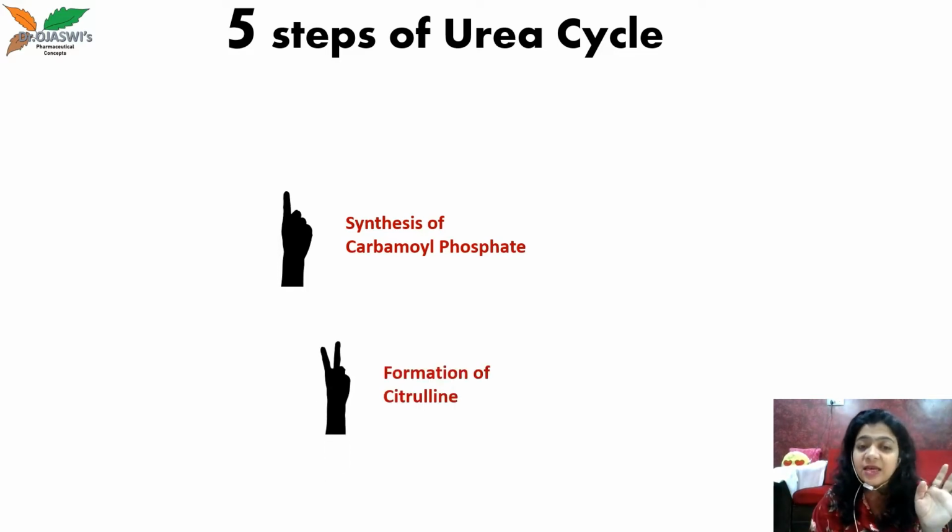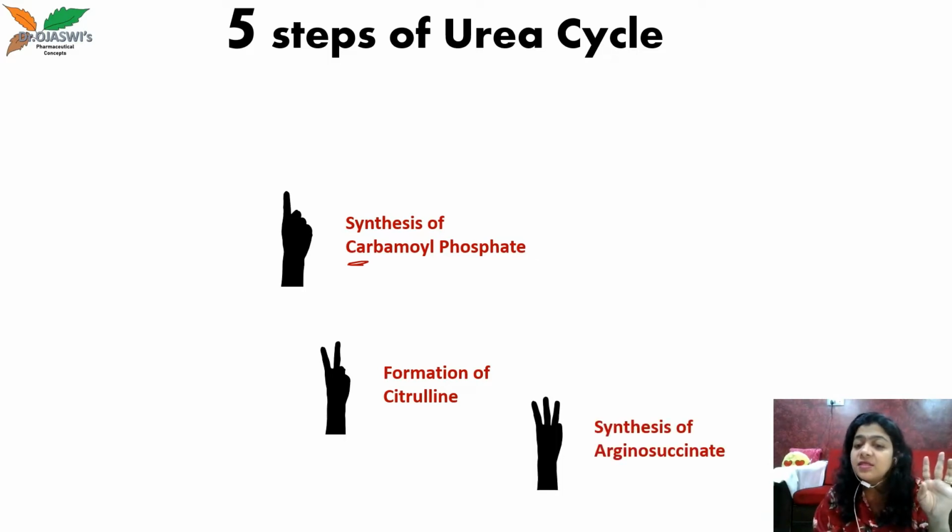Okay, the second step is formation of citrulline. So to form this citrulline, the carbamoyl phosphate which is formed here must be reacting with some other chemical. As we all know, the first 2 steps are happening in mitochondria because the 2 enzymes taking part in these 2 steps are present in mitochondria. The third step is synthesis of argininosuccinate. Again, the word synthesis is here in the third step, so the respective enzyme would be from the family of synthases.